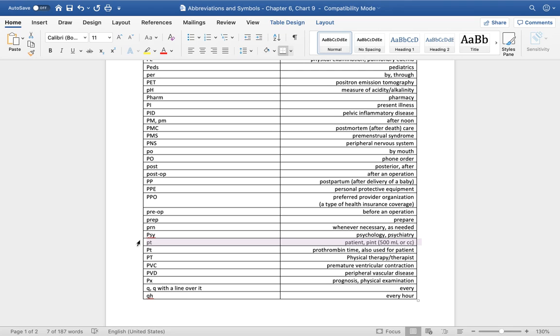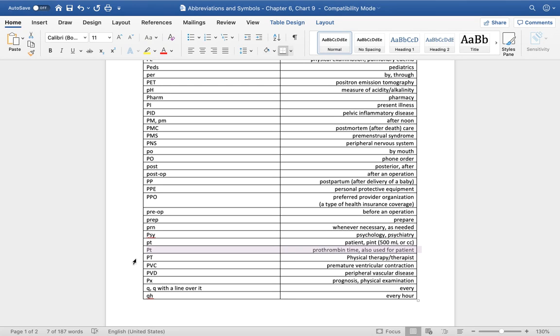You've probably seen me write patient as PT on multiple occasions. It's a very common abbreviation that I use as a teacher and as a medical professional. In my reports, when I refer to the patient, I write PT. It can also mean pint, which is 16 fluid ounces or 500 milliliters. Capital P, lowercase t, this is prothrombin time. This is the amount of time it takes for your blood to clot.